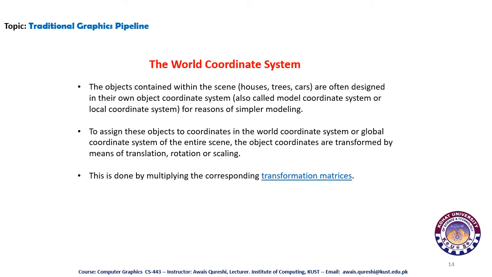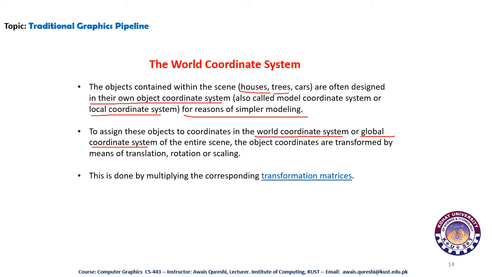The objects contained within the scene, like houses, trees, and cars, are often designed in their own object coordinate systems, also called the model coordinate system or the local coordinate system, for reasons of simpler modeling. And to assign these objects coordinates in the world coordinate system or global coordinate system, which are used interchangeably, of the entire scene,